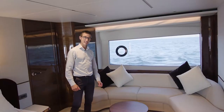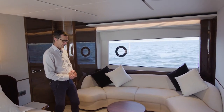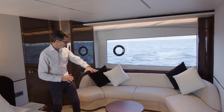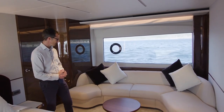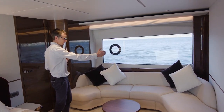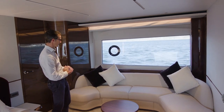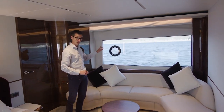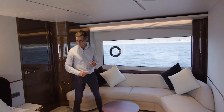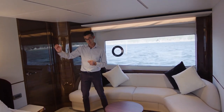Okay, so here you find us in the lower deck master cabin of the X95. On this side, the owner's got this beautiful large seating area. Alternatively, should you want more storage, this can be a full length storage unit as well. Our traditional big brother windows there, giving us a beautiful view this morning of Whitsand Bay. Behind me, you've got the entrance onto your ensuite, which has a separate stall, and we'll show you a bit